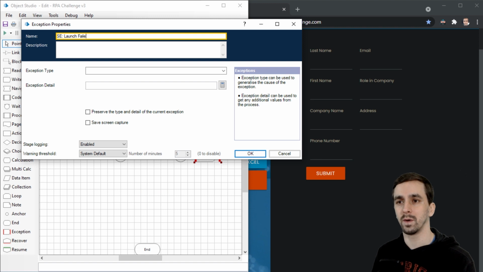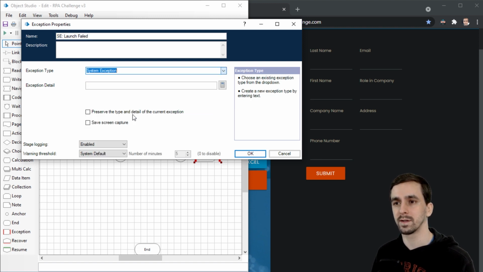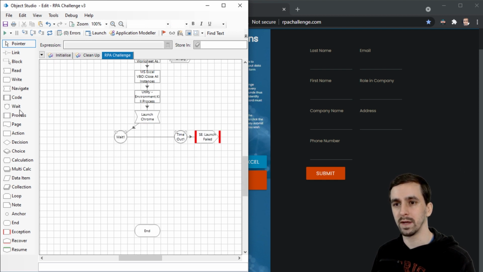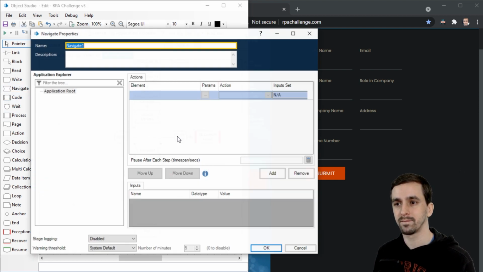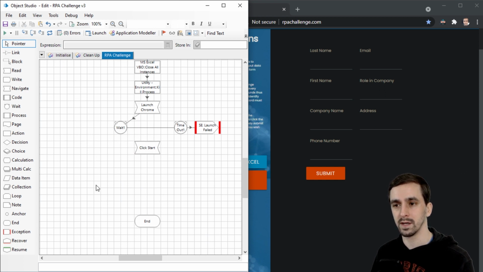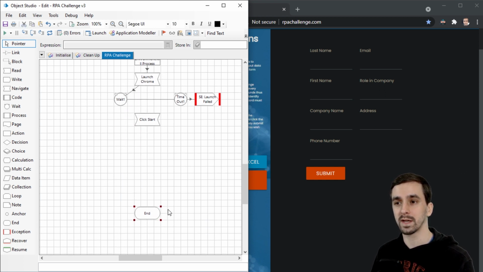Launch failed is what we'll call this. We'll call this a system exception, and we'll just say launch failed. And we're going to end up choosing the start button there. So then I want to click the start button. Click start. We don't have an application element to use yet. And we can't connect this yet because we don't have a node inside this conditional wait. After we've clicked start,